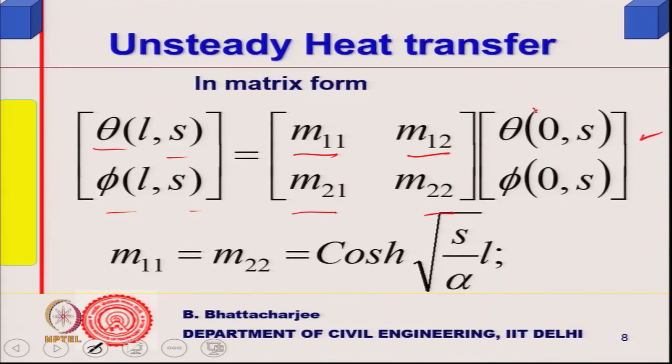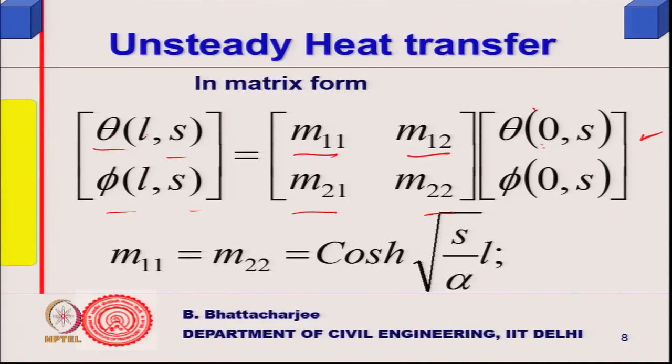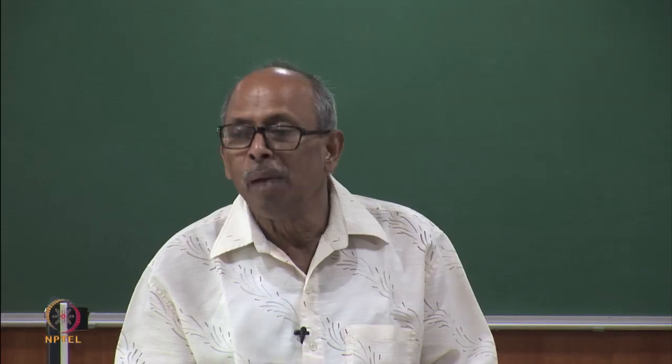In other words, I am now saying that theta at 0 and phi 0 is known. It can also be that theta L or phi L can be known. So, any two of them known out of these four. This is related to the length of the section, and K is thermal property, alpha is diffusivity, P is related